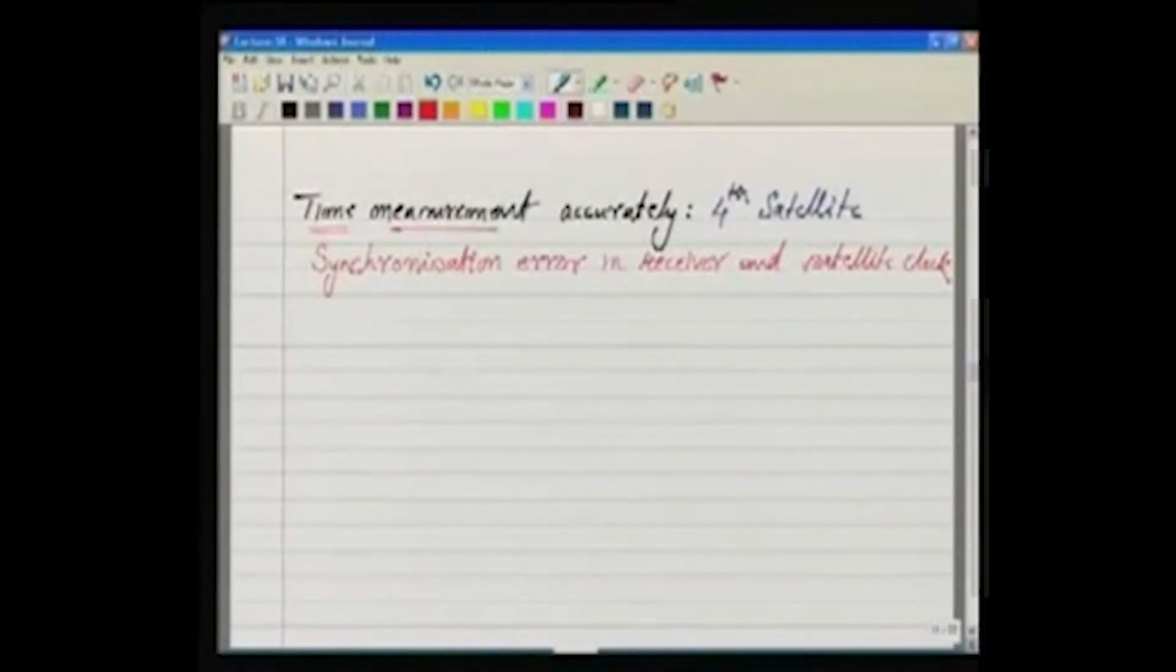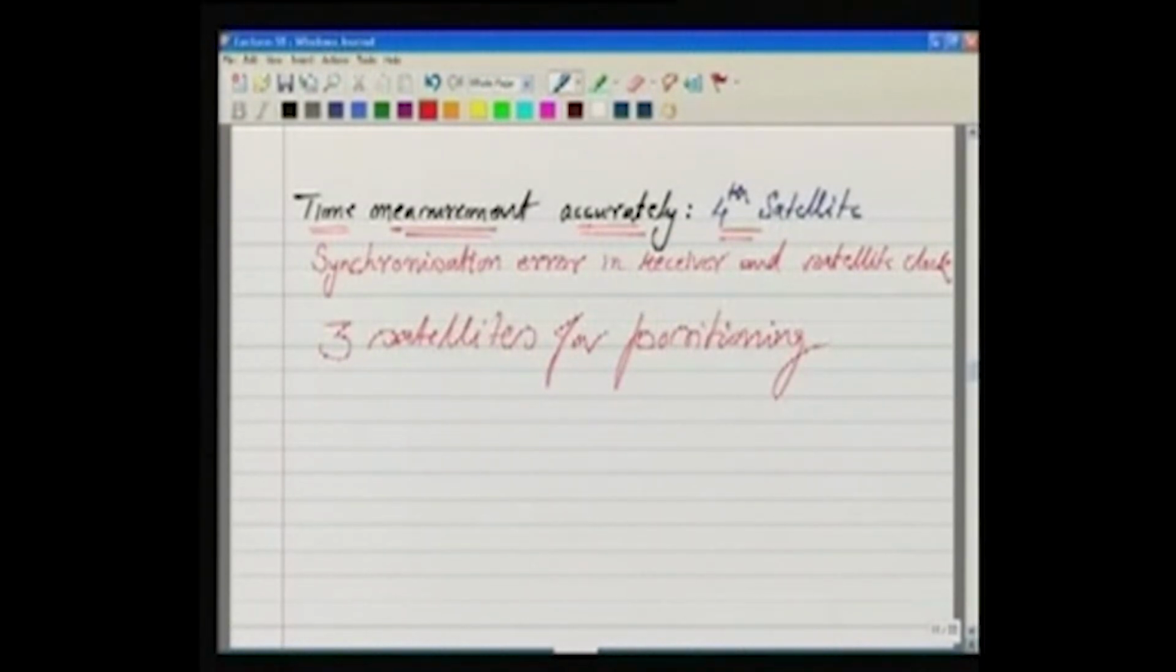Now one more important thing here. So far we were saying that we will need 3 satellites for positioning. That is okay theoretically, because one of the points can be eliminated, but in GPS we need 4 satellites for positioning. Now why 4? The answer is